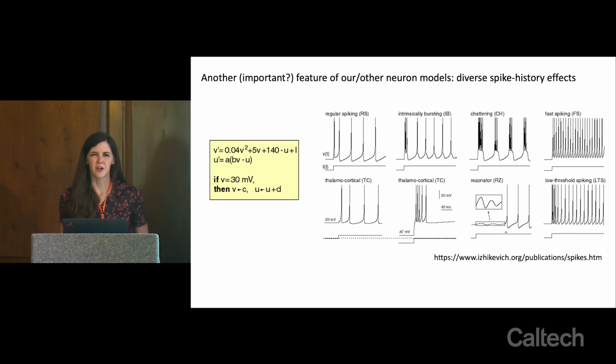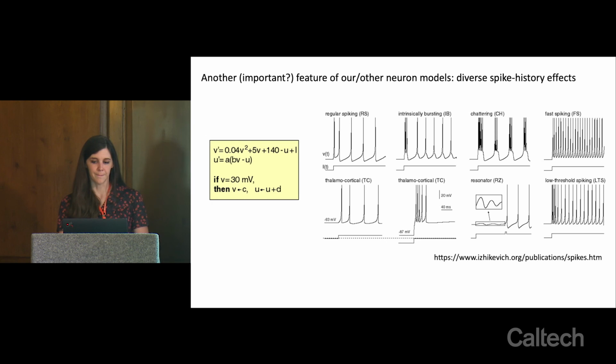Yeah, so there is an empirical component to Hodgkin-Huxley too. The time constants of these ion channels are just kind of measured. I'm not sure if you could get all of these response types with a Hodgkin-Huxley model. You probably can. This model is making some simplifications. It's not actually simulating the action potential event itself. It just has this kind of hard-coded threshold where if your membrane potential crosses a value, then it resets to a value and you increment this memory parameter. But yes, that's a good question. I'm honestly not sure how much people have tried to fit these with Hodgkin-Huxley models.